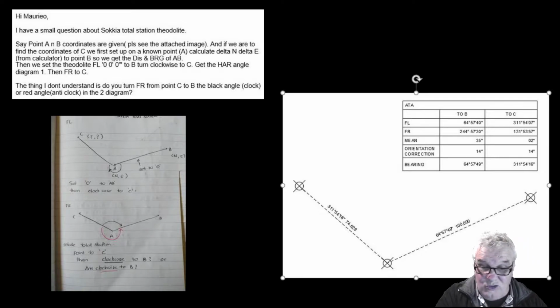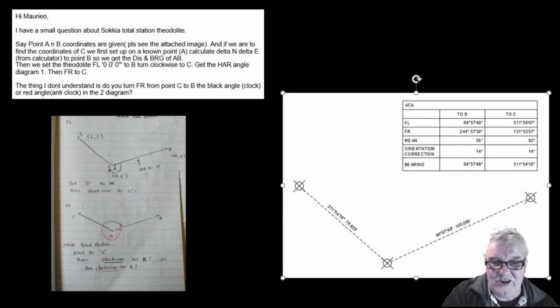It doesn't matter which way I turn it, whether it's clockwise or anti-clockwise, because I'm measuring the direction. Once I've set the direction, I'm measuring the direction. That enables me to determine the angles, but effectively it's measuring the direction. Okay, and so then I'd come back to B and measure